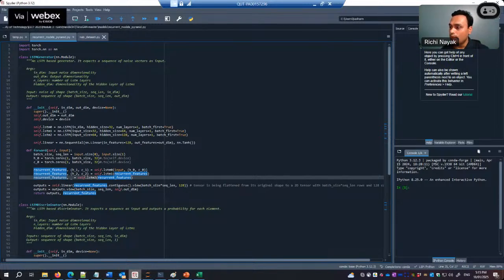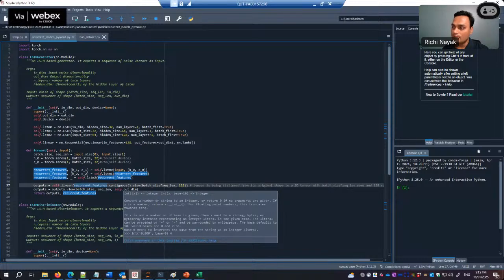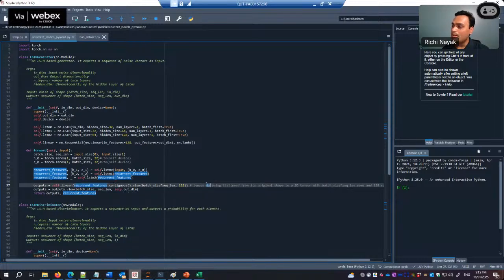And then that one goes to the linear layer, and to send it to the linear layer, you need to flatten it out. Here I'm doing the flattening manually, but there is default functionality for flattening. You can just call that flatten function. When I was writing this, I think the flatten was not available, maybe that's why I manually flattened. So you can use that function, or you can manually flatten it. And after flattening, you send it to the linear layer. You take the output, and then